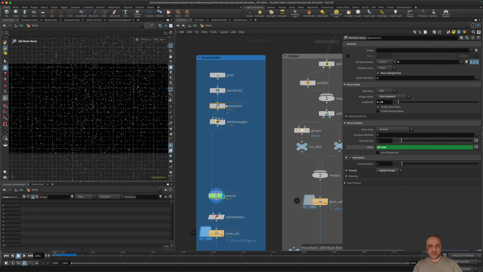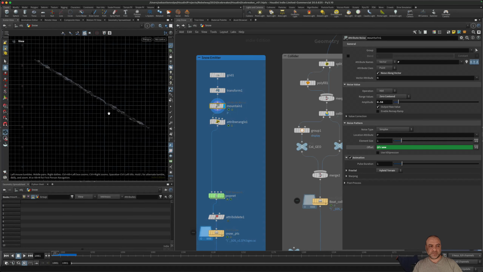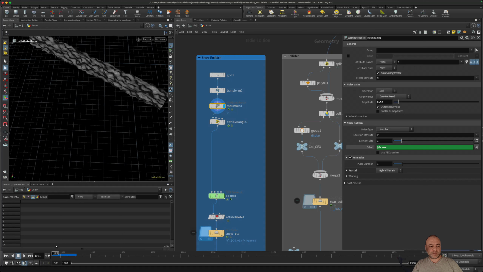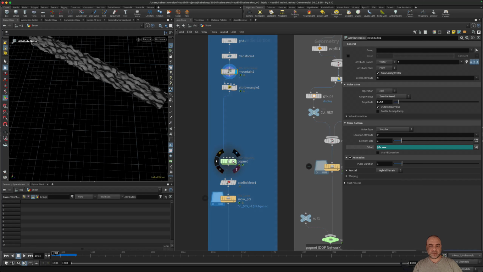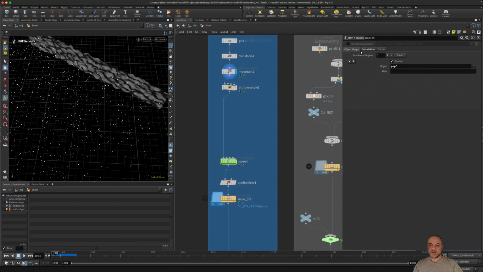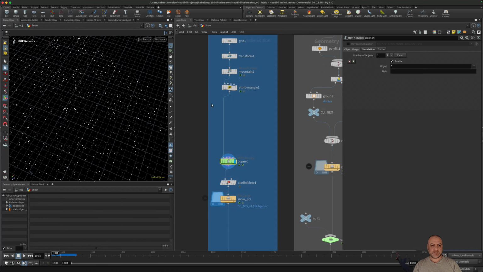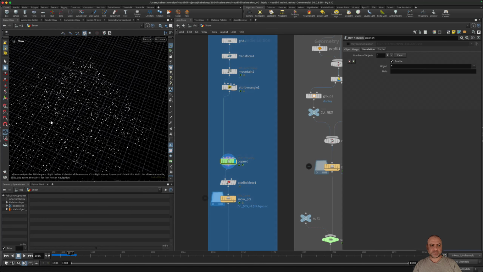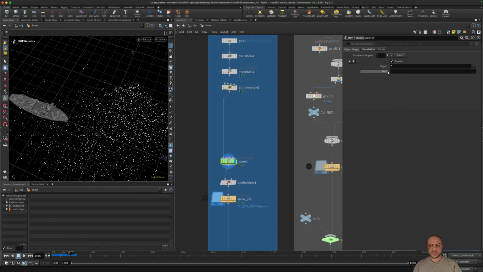I use a mountain to add more random velocities. I just choose a robust frame in the offset. In the pop network, if I use stars, I get the boat too. Easier.